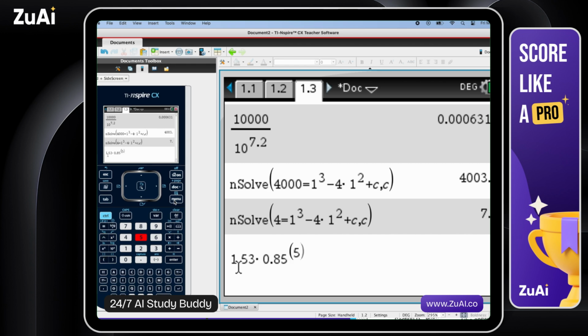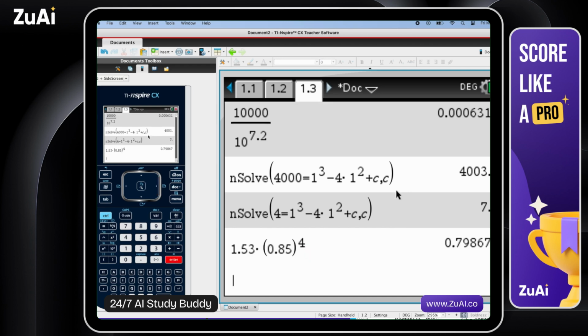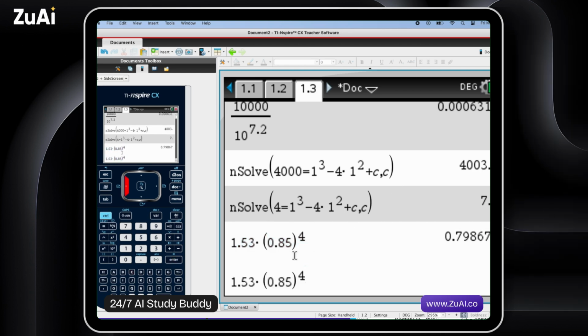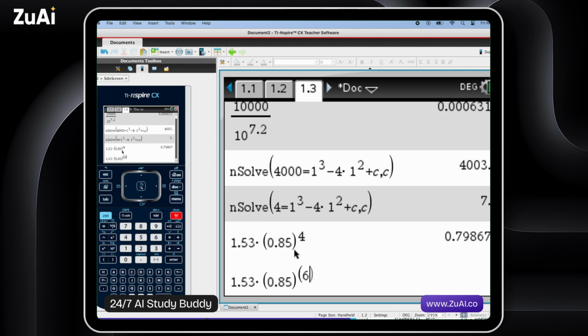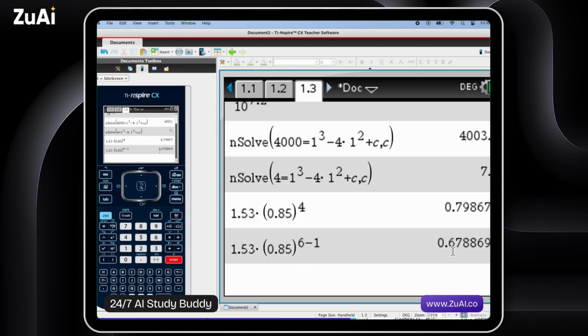It's not a bad idea to write that out just so you don't get mixed up with brackets or order of operations. Okay, or sorry, it's the 6th bounce, isn't it? So n minus 1 would be, I'm going to write it out this time, 6 minus 1. And there we have